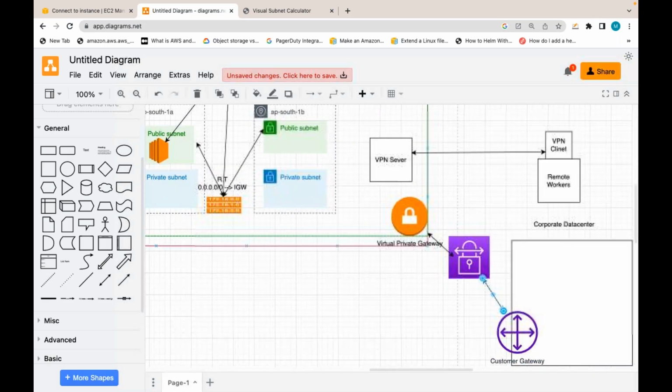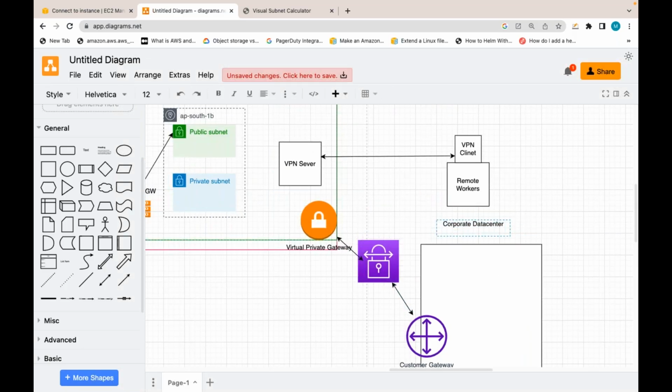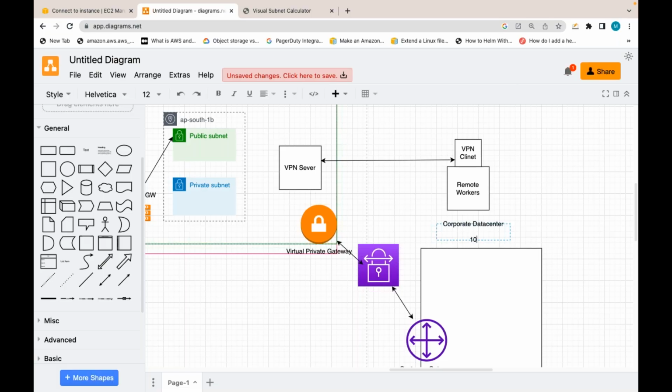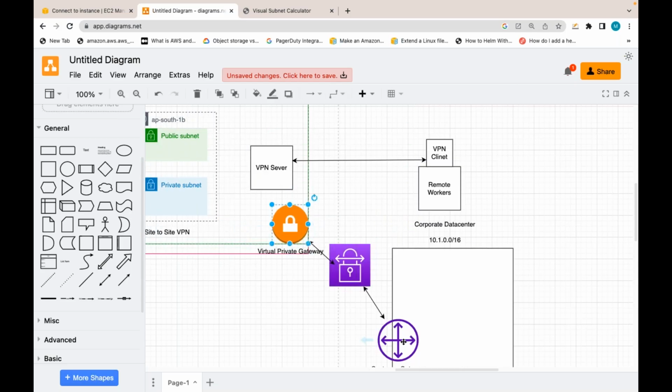And in this route table, your office will also have some IP range. Just to give an example, let's say this is your office network range. You are going to define in the route table that if this is the destination, the target is this site-to-site VPN. So with a virtual private gateway, a customer gateway, and the connection enabled using site-to-site VPN,